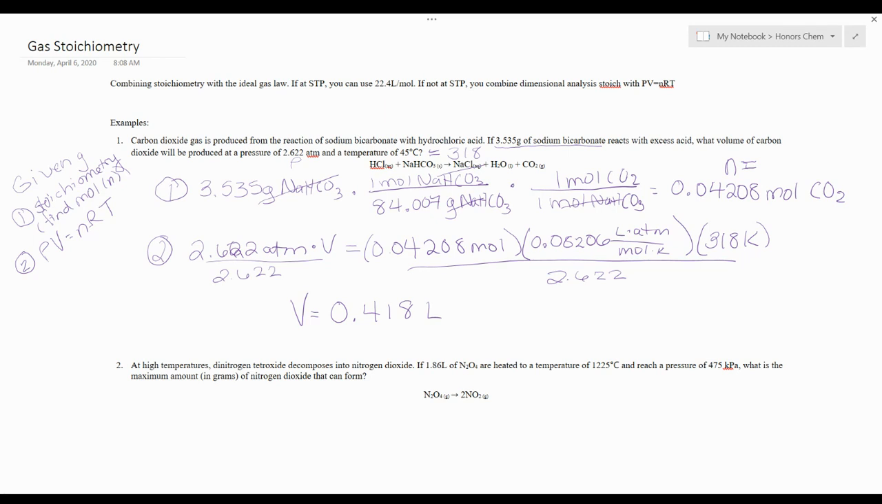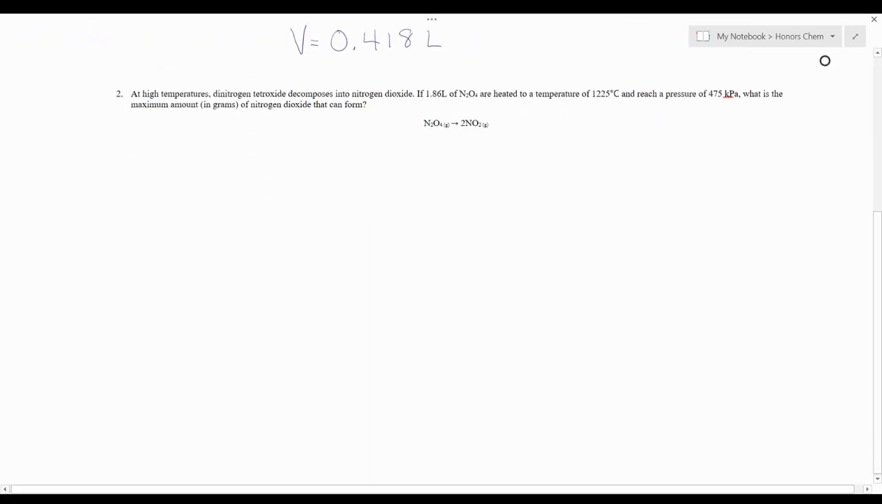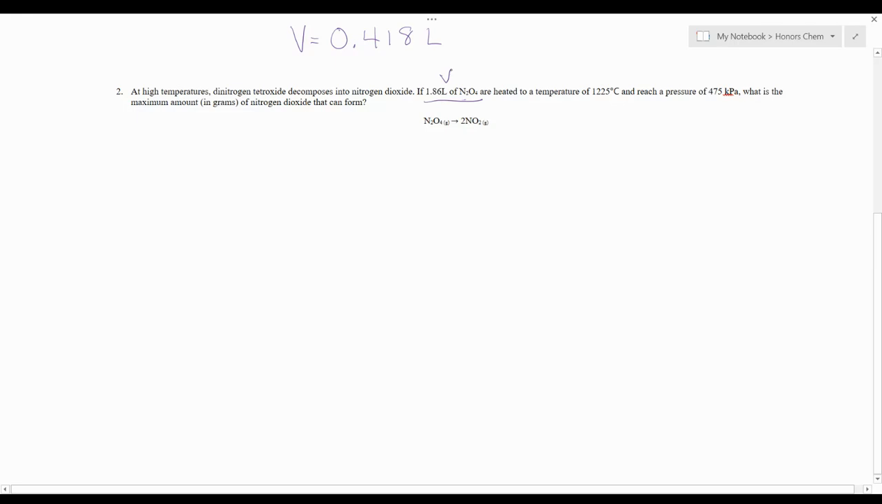The other way you can do it is if you're given pressure, temperature, and volume in the problem, you're going to do the reverse. We'll do ideal gas law first and then stoichiometry. So that's what we're going to do for the second one. Let's see if I can scroll here. There we go. All right, so for number 2, we've got, this is our volume,